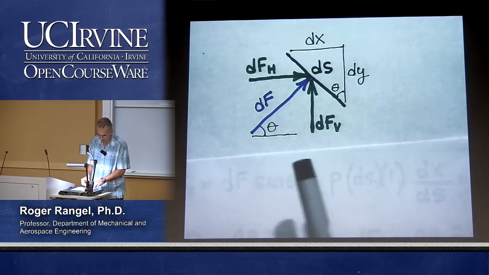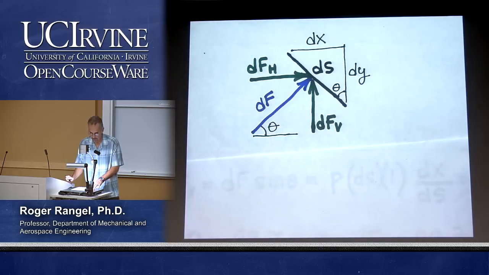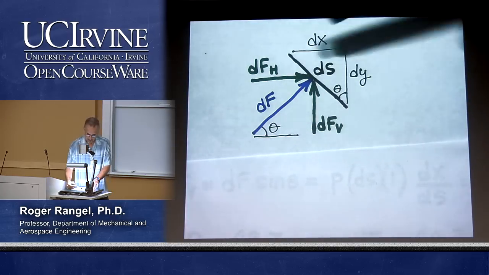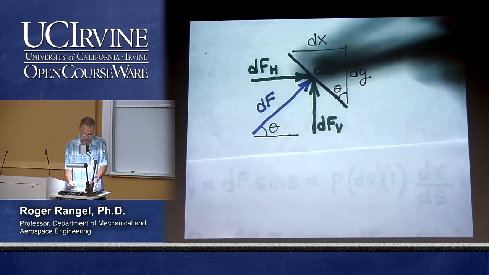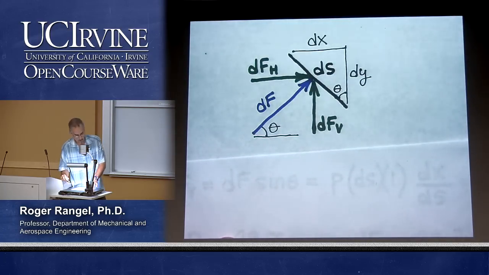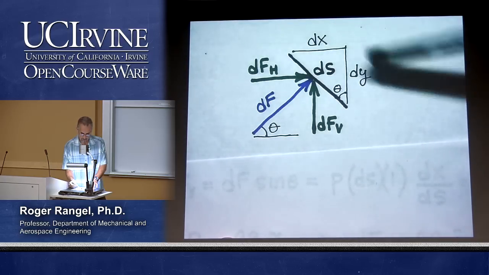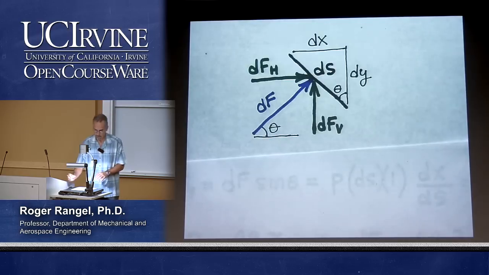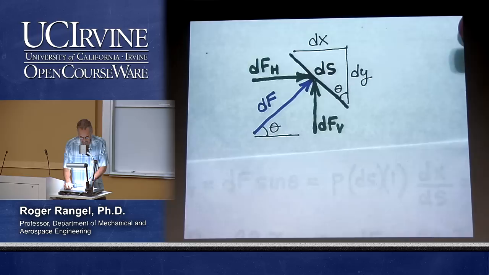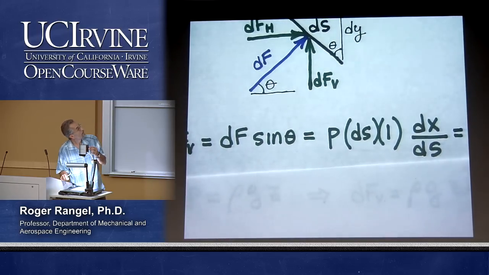And I also show this angle theta, which is the angle that the differential force makes with the horizontal. And then another thing that I have done is I have also decomposed my ds into vertical and horizontal components of that segment, and I call them dy, the vertical one, and dx, the horizontal one. And of course, the angle theta is also shown in that figure. So from what we've learned before, I can compute the